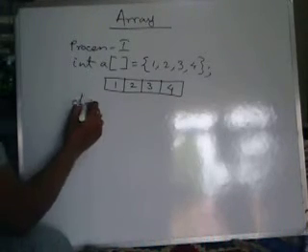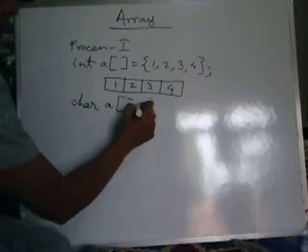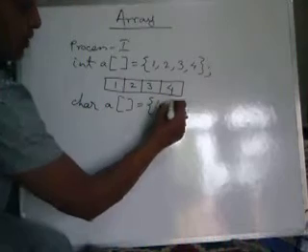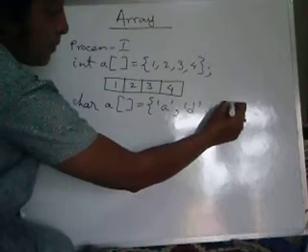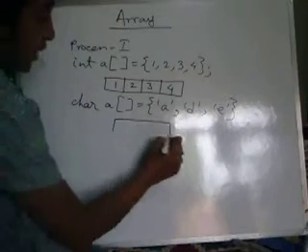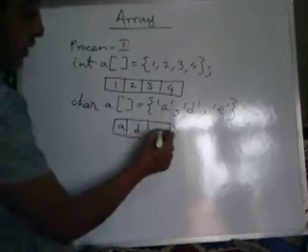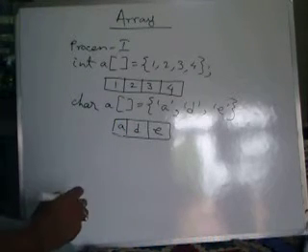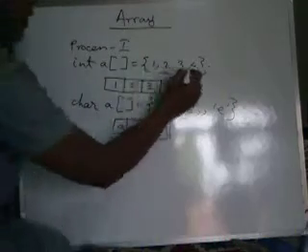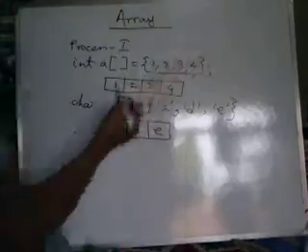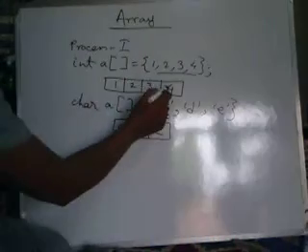Similarly, any type of array we can create. Suppose char A. Here you have to give the characters which will be stored within the array. So this array will be with 3 elements: A, D and E. These will be created. So this is process 1, where the values we are giving, as I said, are within curly braces. Whatever values we are giving, according to that, the system will allocate locations.